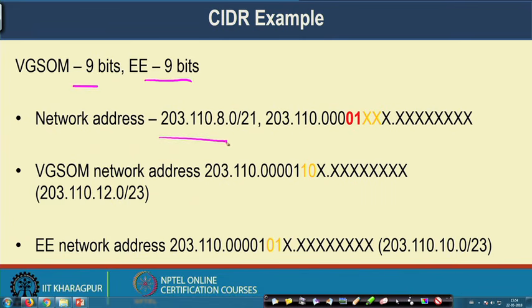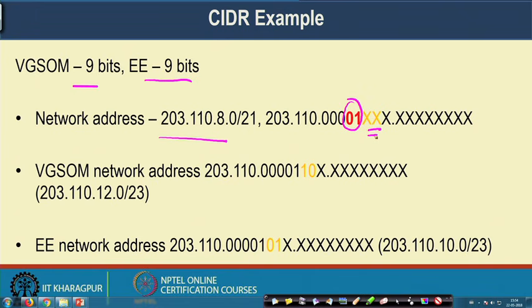This is my network address. These 2 bits I have already used in the previous step of subnetting to make a combination of VGSUM plus E network. Now, we use the next 2 bits. Using these next 2 bits I can differentiate between the VGSUM network and the E network. For the VGSUM network I am giving a network ID of 10 and to the EE network I am giving a network ID of 01, and accordingly I get the VGSUM network address as